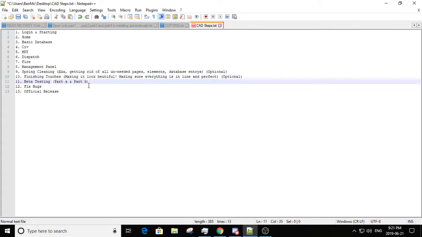Once that's done and they believe it's good to go, you're going to fix the bugs. You're going to fix the bugs along, or as they beta test it. You're just going to fix them one by one. But once they're all fixed, you're going to do the official release, which is either going to be your community. It might not even be an official release. It might just be for you to have